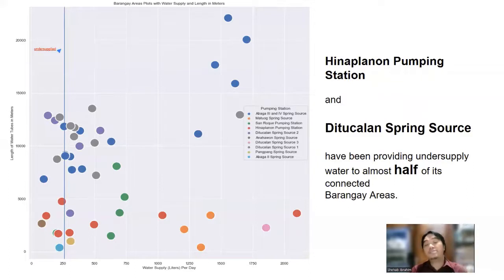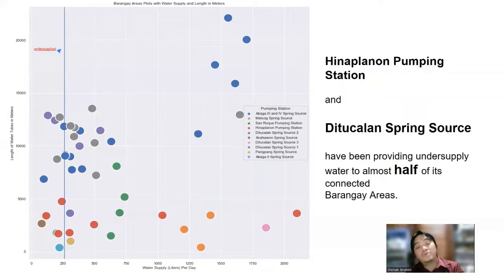And another insight that we can get from this visual is that, at least for this case, for this visual, there is no correlation between the length of water tubes in meters over the water supply in liters per day. I cannot really say if this is true because,